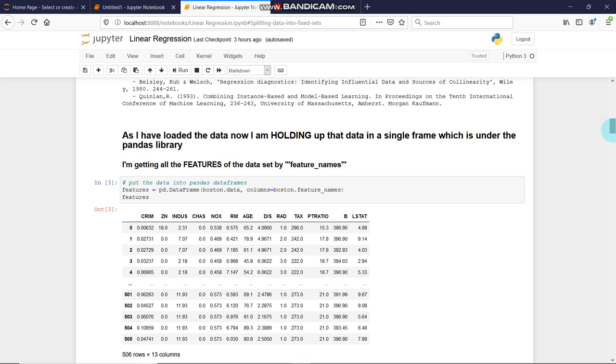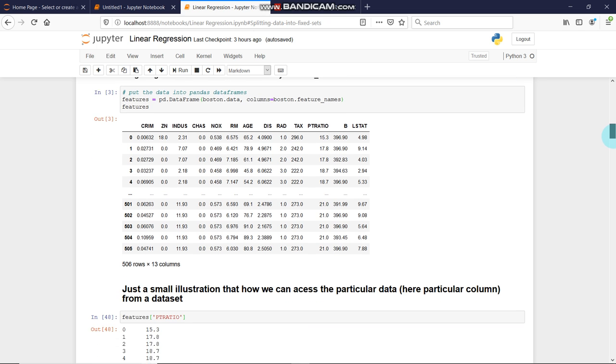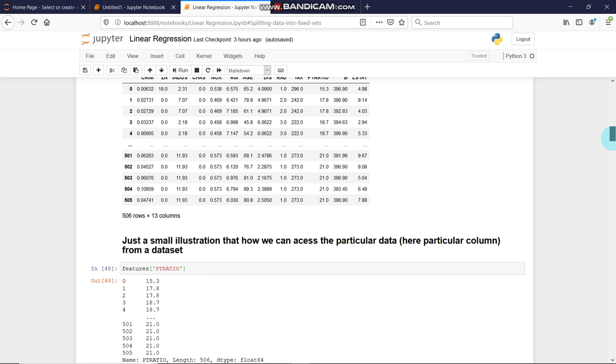Now as I've loaded up the data, it's time to hold it in a particular data frame so that we can use it according to our needs. So according to that, we have used the pandas library out here. What it actually does is create a new data frame and access all the feature names out there, whether it is the age, the ratio, the tax, the radians, and LSTAT or other features, whatever are present in the Boston data actually. So it's holding that in a frame so that we can use it in future.